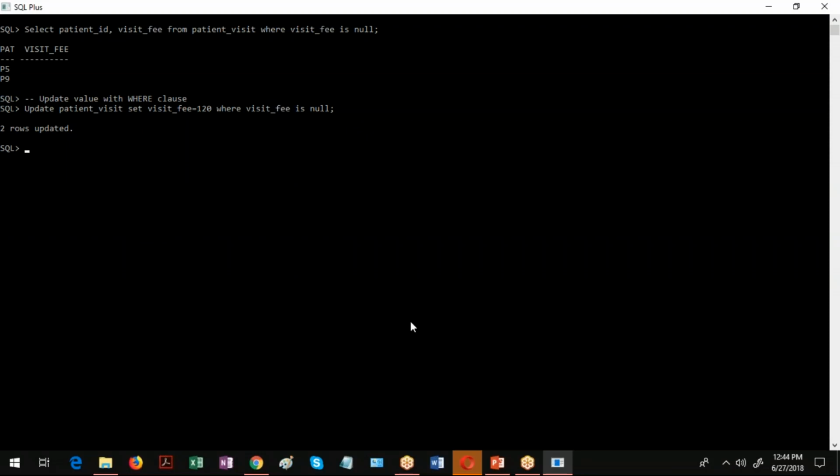What I'll try to do? I'll try to execute the previous command. In this situation, it should not show P5 and P9 as the response because we have already updated those two records to visit underscore fee is equal to 120. Yeah, it shows 0 rows selected. Then I will go to the next command,